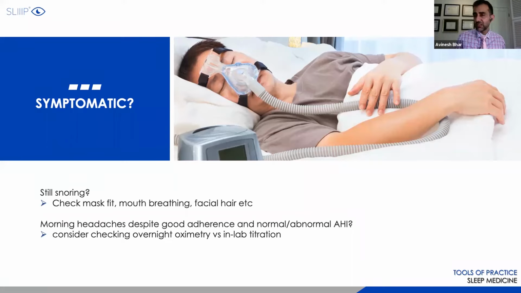If your overnight pulse oximetry comes back negative, for example, or doesn't show any desaturations, you're still going to go ahead and get an in-lab titration. And this is regardless of whether the AHI on the device, on the therapy report, is normal or abnormal. I will say that again: please make sure that regardless of that, if the patient has symptoms and your AHI shows normal on the PAP therapy report, disregard the PAP therapy report and send them in for a titration study to see if there are any secondary issues or if persistent hypoxia is going on.